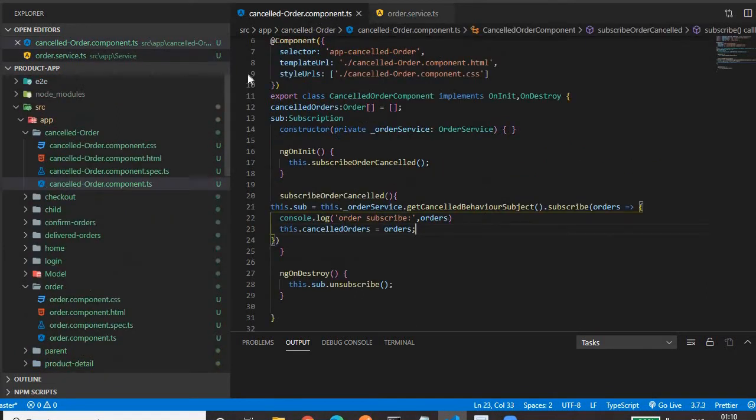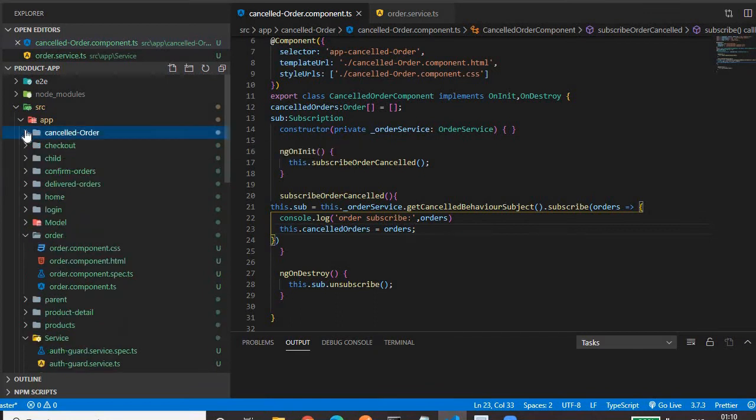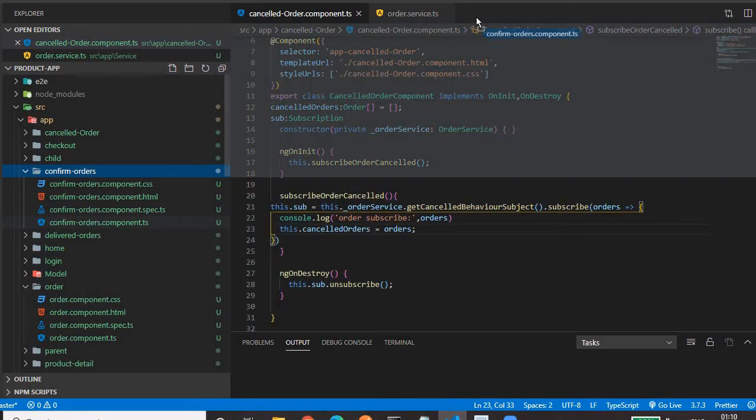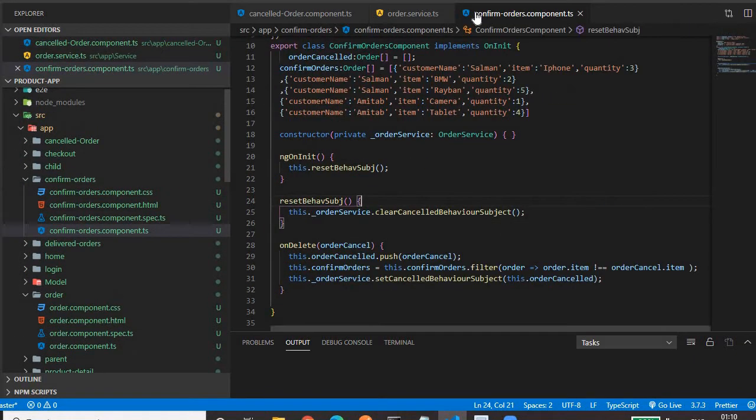So let me open the components that are needed. For the three tabs, I have three components: one cancel order, one confirm order, another deliver order. Okay, so we have covered how we do child routing by using the children property in the file where you want to configure the path.